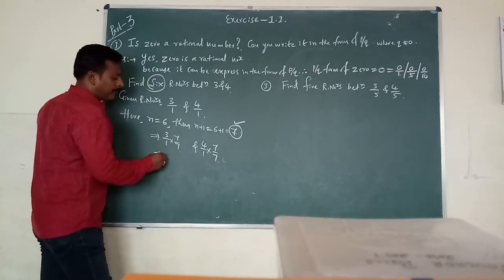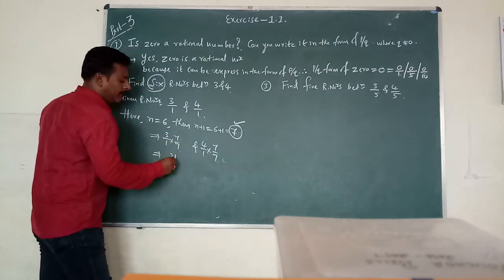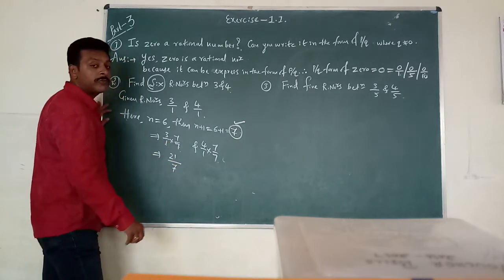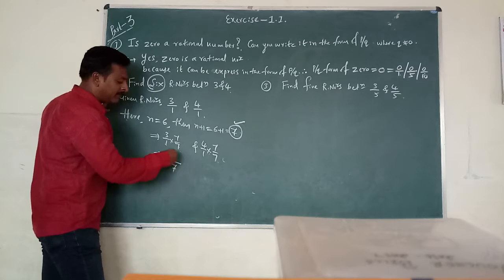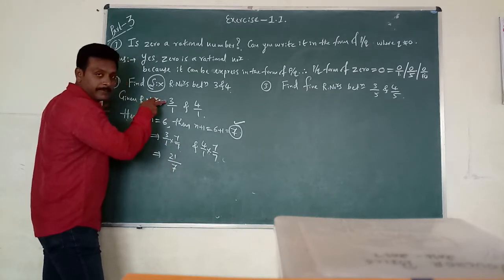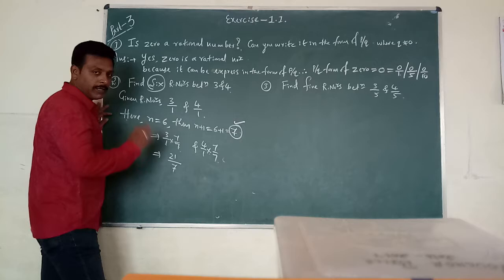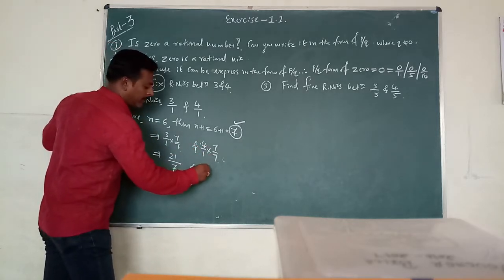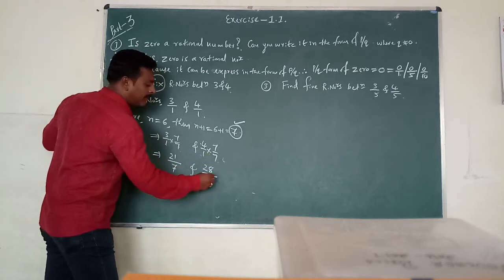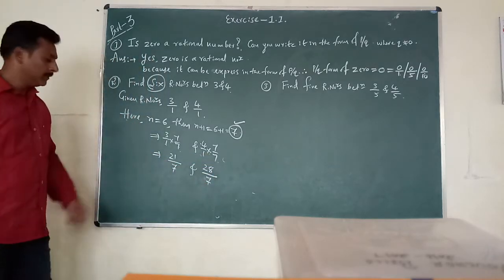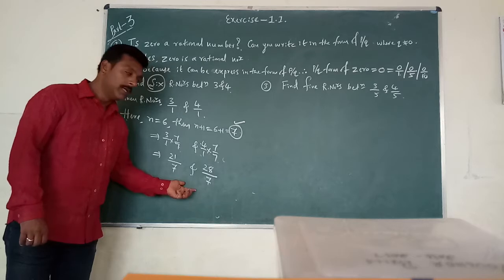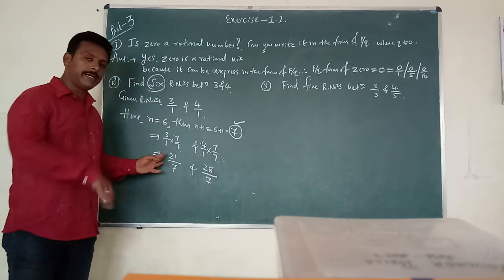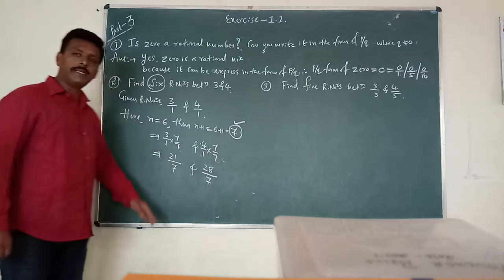अब देख लो 3 sevens are 21 divided by 1 sevens are 7. All smart people they are going to cancel here 7 and 7, 3 you will get this number only back. Okay, वापस pavilion को आ जाओगे and 4 sevens are 28 divided by 1 sevens are 7. अब देख लो दोनों का डिनोमिनेटर भी सेम है. हमको कितना चाहिए? 6. 6 तुमको मिलेंगे that should be greater than 21 less than 28.